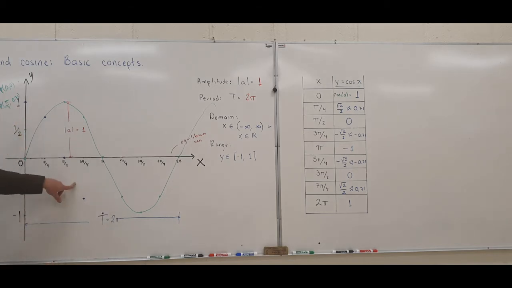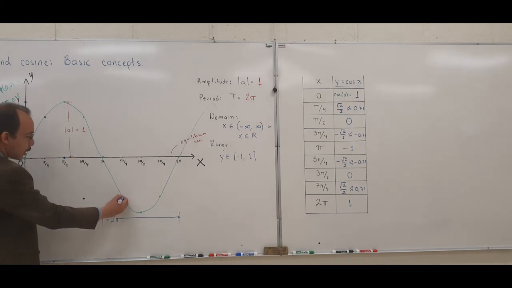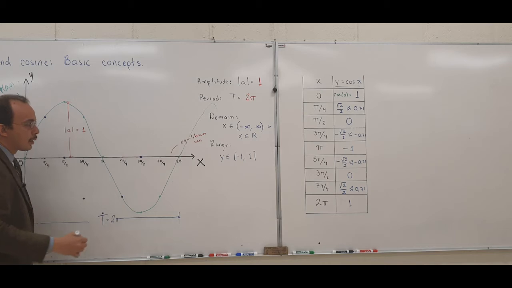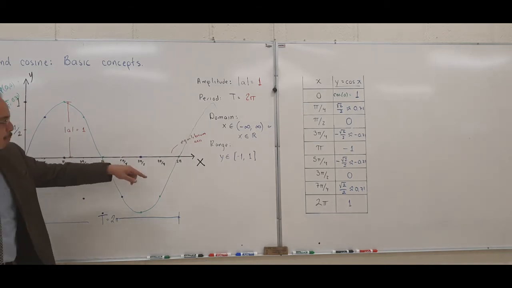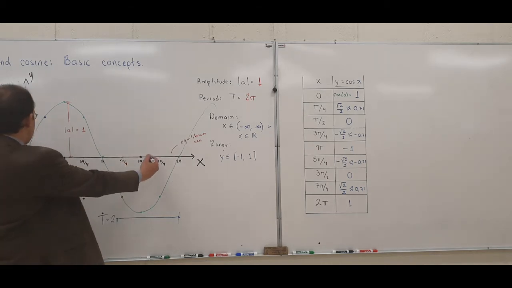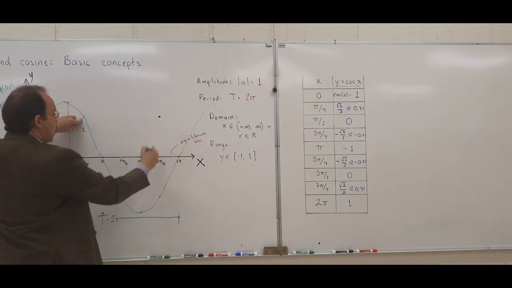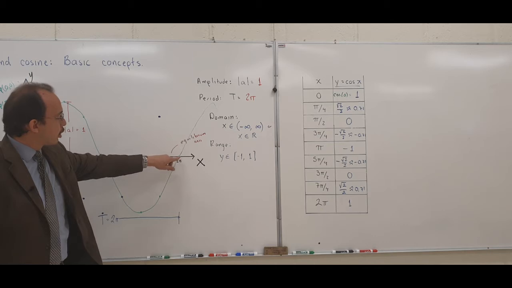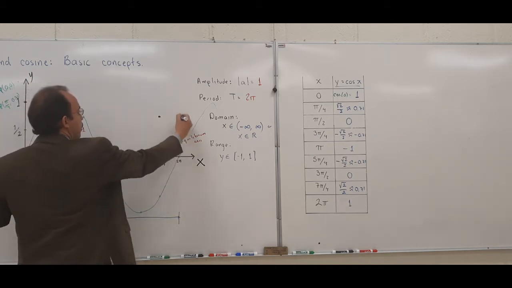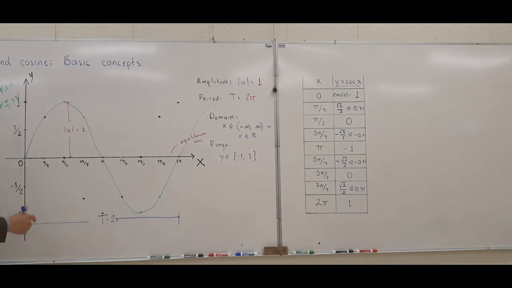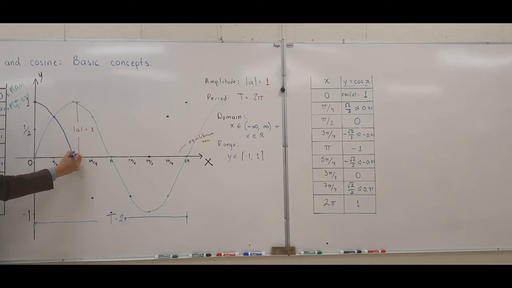Then we have 5 pi over 4, which is going to be minus square root of 2 over 2 again, which is here. 3 pi over 2, 0, which is going to be here. 7 pi over 4, this time is 0.71 positive, so it's going to be all the way here. And the last one, 2 pi, is going to end at the maximum value, which is going to be here. Okay? So now we're going to join the points together to get the graph of the function. So we have something like